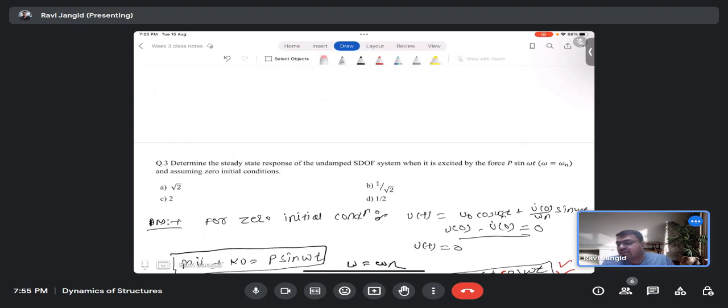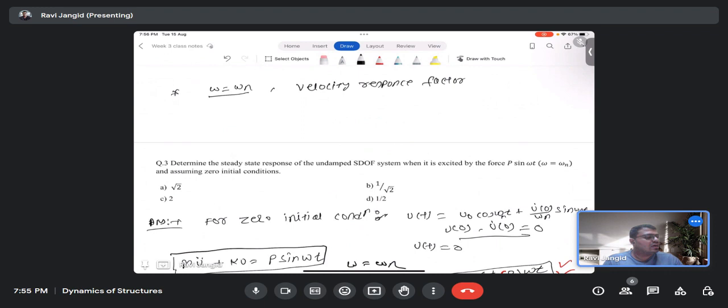I am saying that a velocity amplitude Rv is given to you. If I have a resonating condition, omega is equal to omega n, what will happen to my velocity response factor Rv